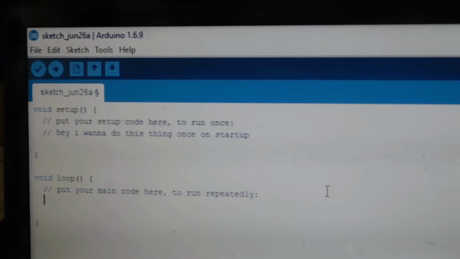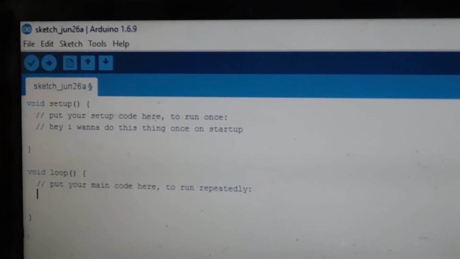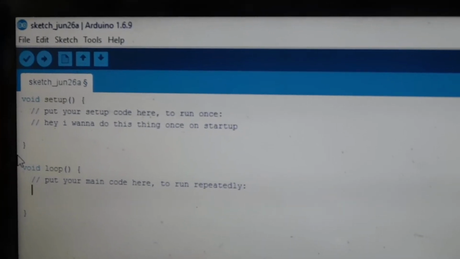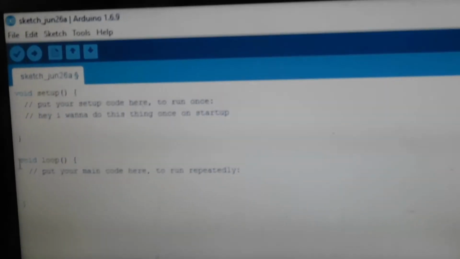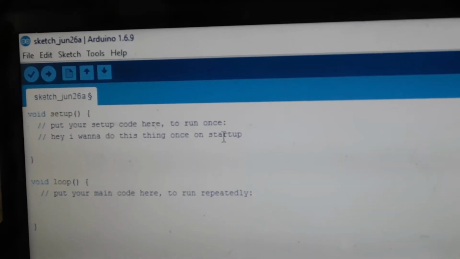And similarly, what you want to do repeatedly, again and again, anything that you want to put in a loop kind of work, you can put that code here.